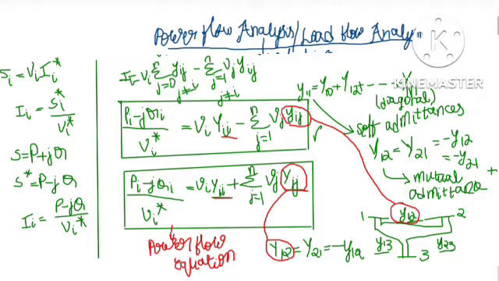Now we know what is meant by Si. Actually, S is equal to P plus jQ. We know that complex power S is equal to real power plus j into reactive power Q. So what will be S conjugate? S conjugate will be P minus jQ. So I am substituting this S conjugate here to get Ii is equal to